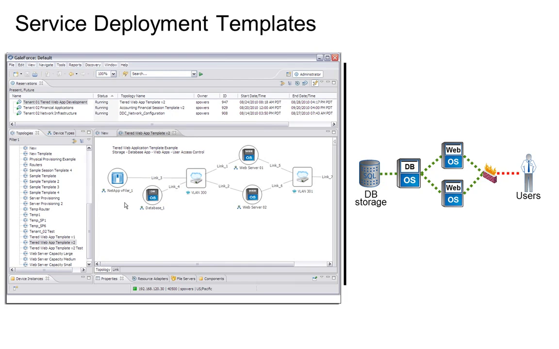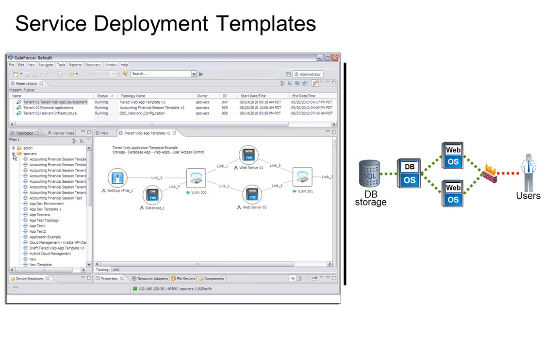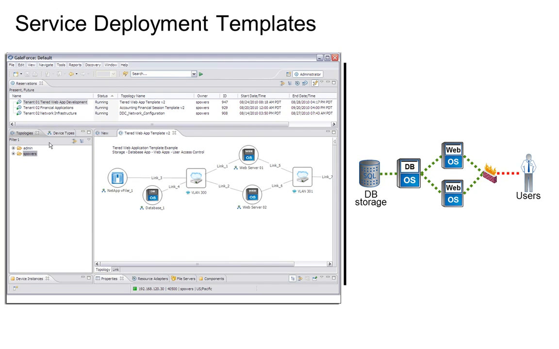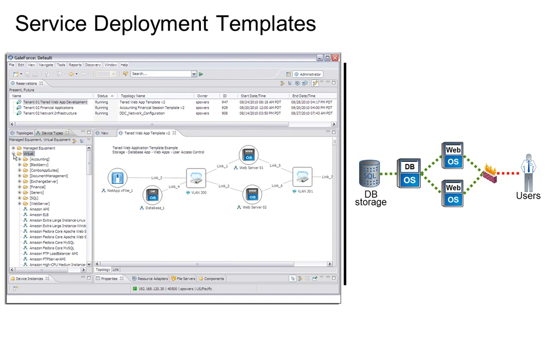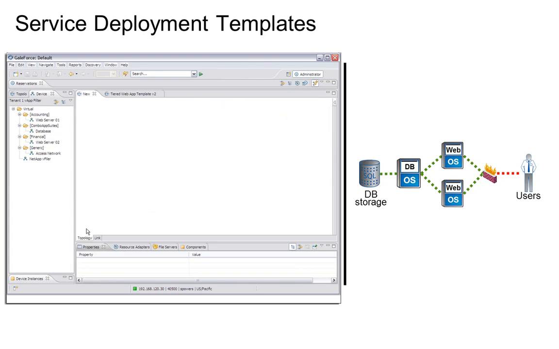These topologies are published into service catalogs or libraries where administrators can select a desired design and schedule its deployment into a tenant environment. Topologies can be privately presented to specific tenants' libraries or publicly shared on behalf of all tenants. Let's start with a clean canvas and walk through how an administrator can use GaleForce Control Center to design